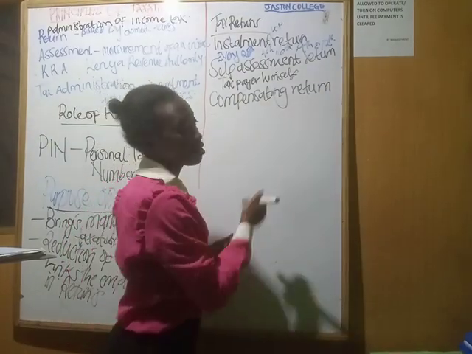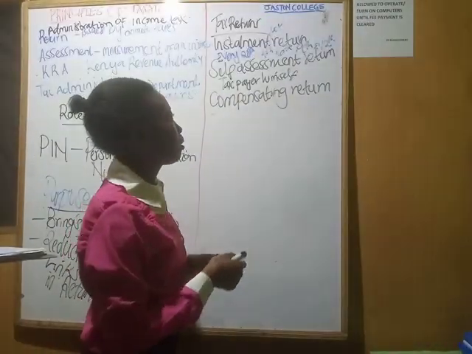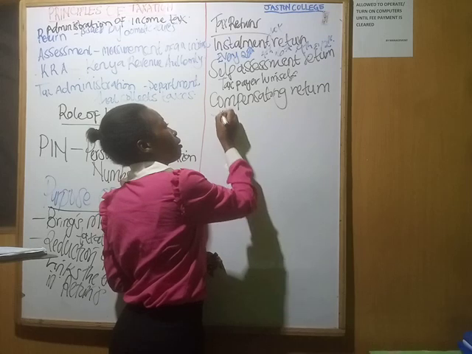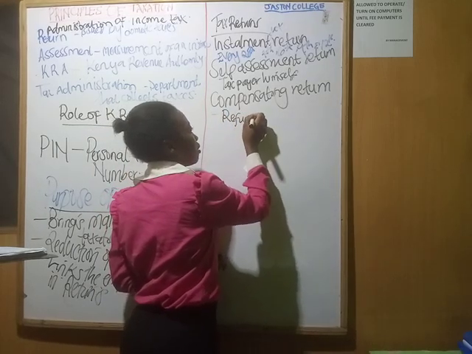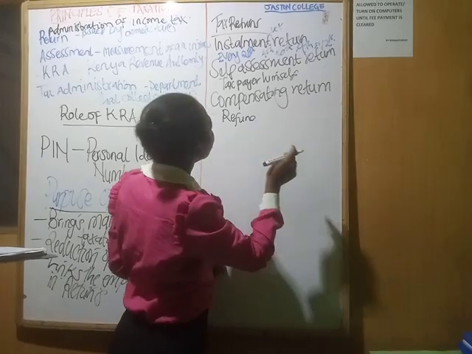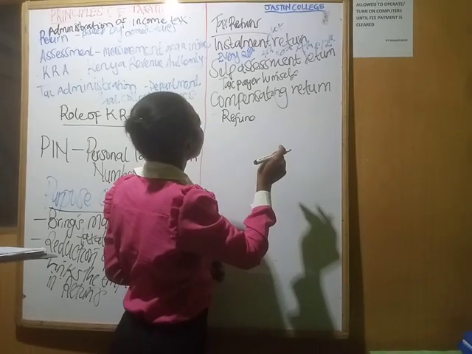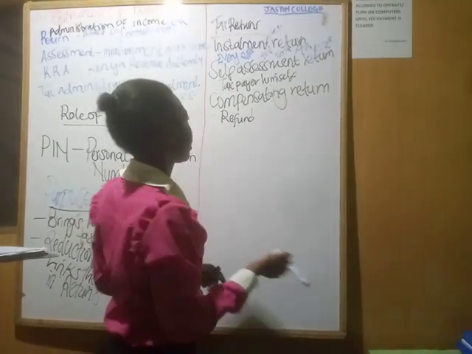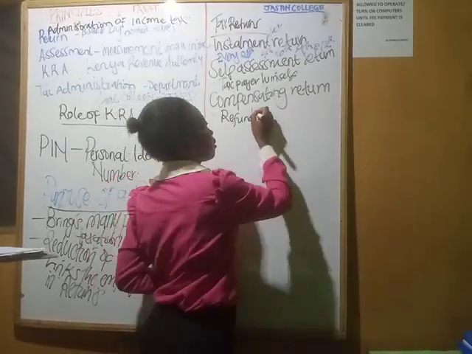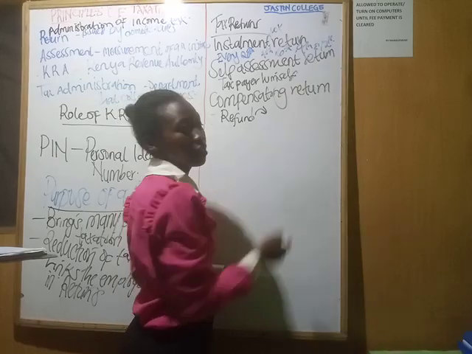This is tax refunded to you by the KRA. So instead of you being refunded the tax, it always compensates to the next